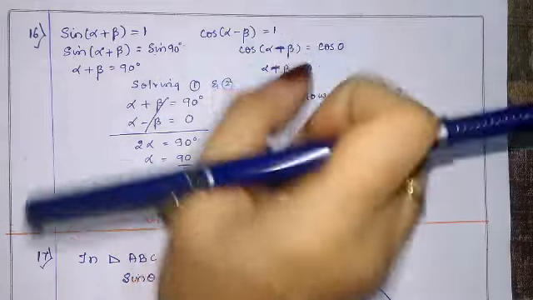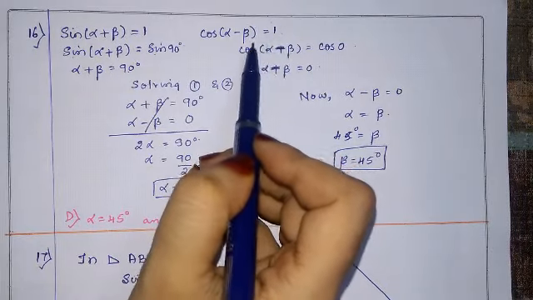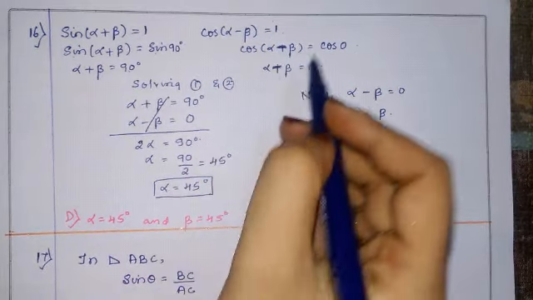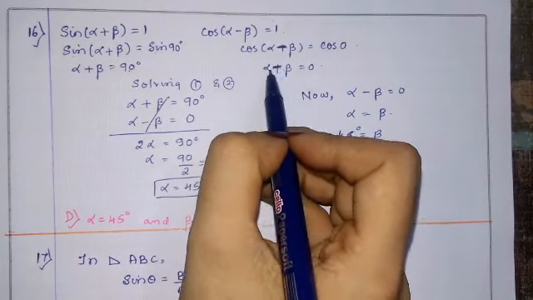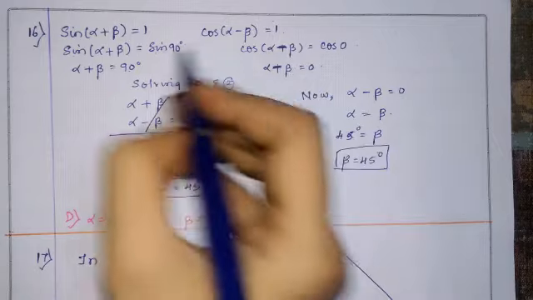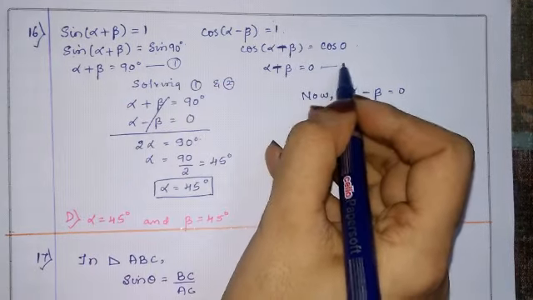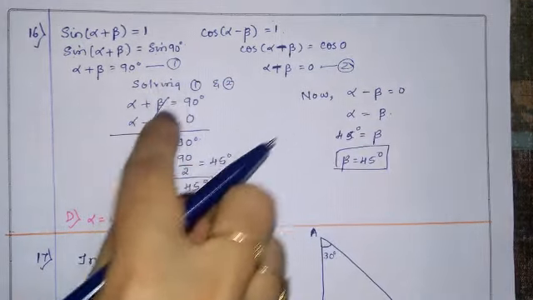Similarly, in cos, cos(alpha minus beta) is equal to 1. In the cos table, the value 1 comes for cos 0. So alpha minus beta is equal to 0. This is equation 1 and this is equation 2. Solving 1 and 2, we get: